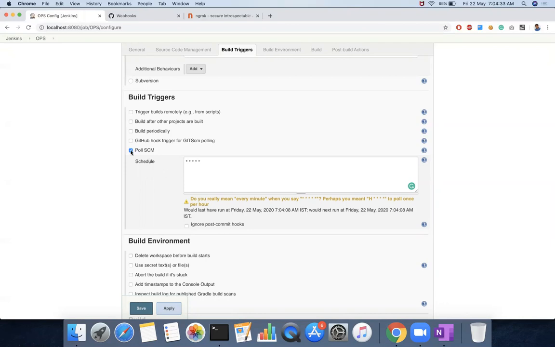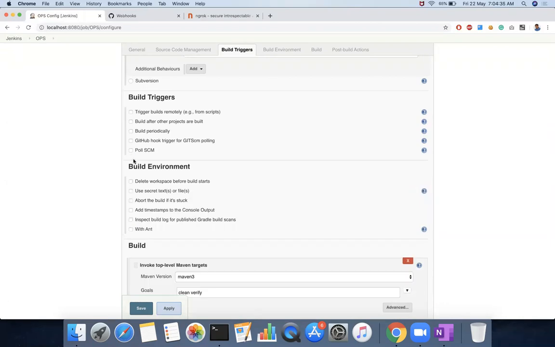Instead of Jenkins making the calls, GitHub can know when a commit or push has been made. When any push happens, it automatically sends that request or information to Jenkins. If you configure that from GitHub, it can be easily done.